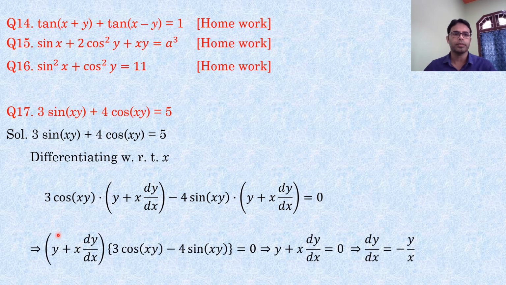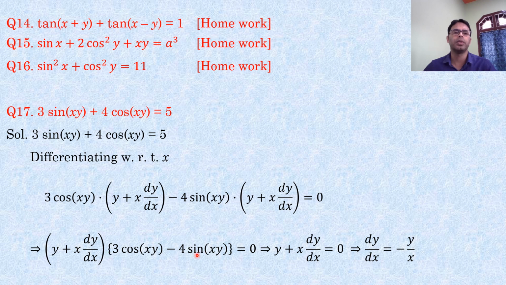You see, this is y plus x dy/dx. (y plus x dy/dx) can be taken common, this one, and here 3 cos xy will remain, and here minus 4 sin xy will remain. On the right hand side it is 0. Then you see, very sincerely, 3 cos xy minus 4 sin xy, this term